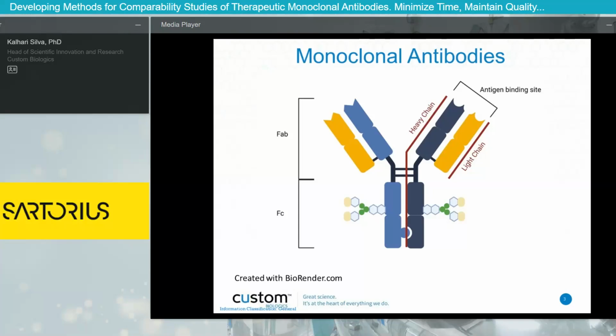So, what are these monoclonal antibodies? The vast majority of marketed monoclonal antibodies belong to the IgG class, or precisely IgG1. And to some extent, there's also IgG2 as well as IgG4. With more than 1,300 amino acids resulting in a mass of approximately 150 kilodaltons, these mAbs, or monoclonal antibodies,